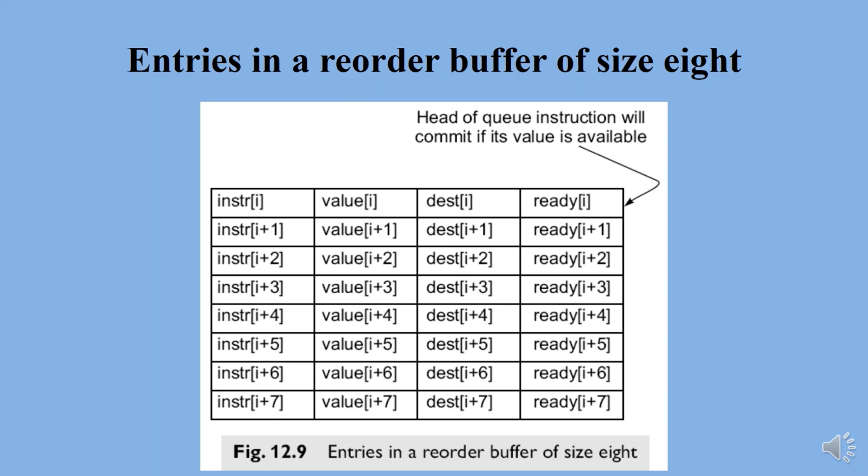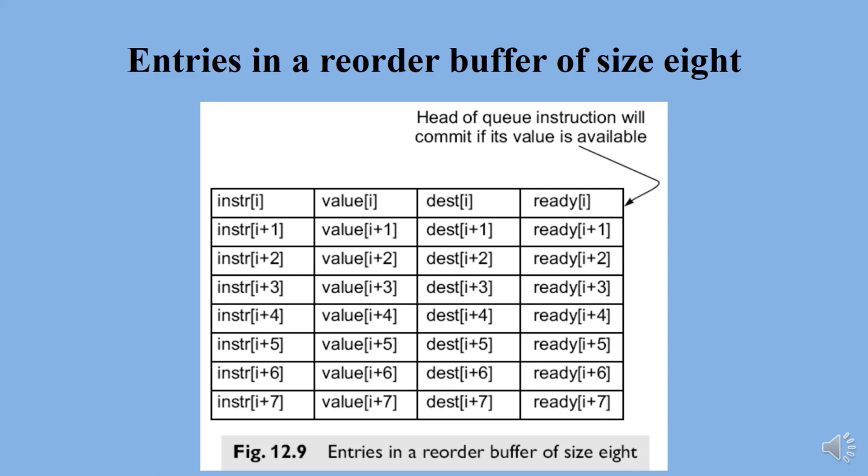The figure also shows the head of the queue of instructions, arbitrarily labeled I. This is the instruction which would be committed next if it has completed execution. When this instruction commits, its resultant value is copied to its destination, and the instruction is then removed from the reorder buffer. The next instruction to be issued in the issue stage of the instruction pipeline then joins the reorder